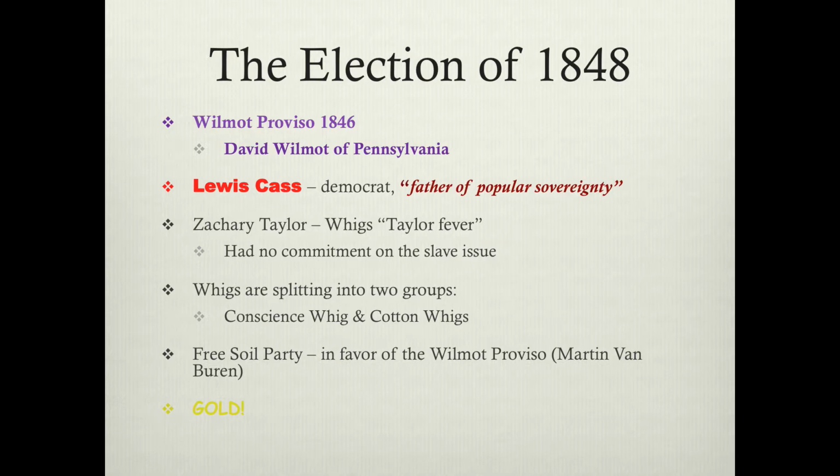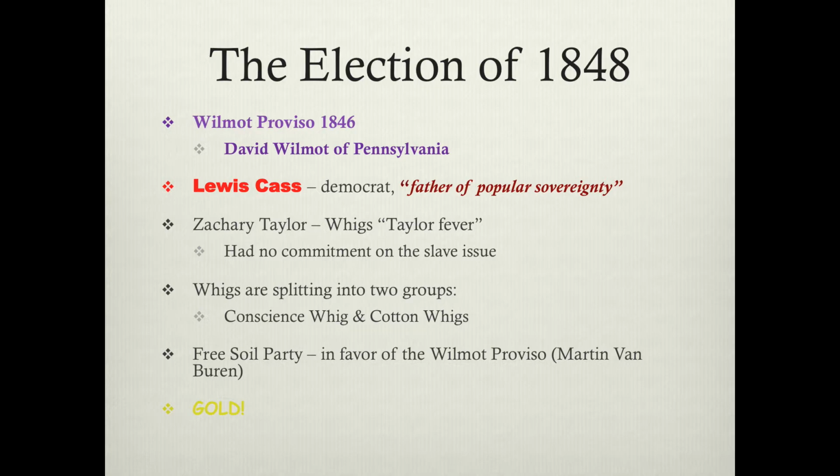And you can't possibly imagine the anger that this creates. America's at war with Mexico, and all of a sudden this issue is dropped like a bomb in the middle of Congress, that we're fighting a war for land and we're not going to allow slaves to go there. Remember, I've told you this in class, basically the War of Mexico is a southern war. It's the southern states that are really pushing for this war because they want to spread slavery. Now here's a northern representative in Congress who's making a provision that we don't allow slaves in that territory.